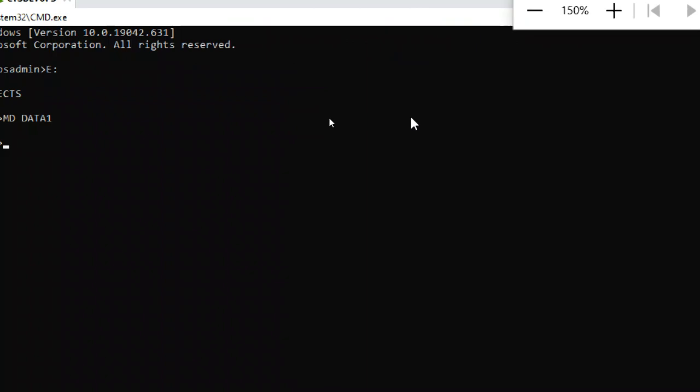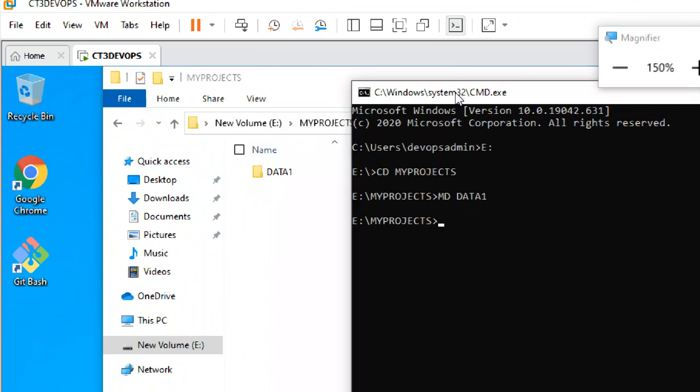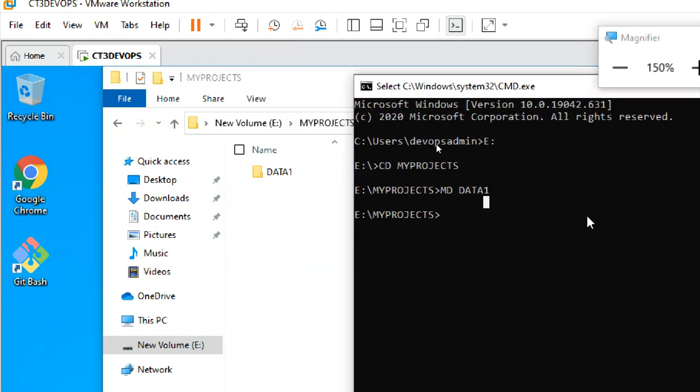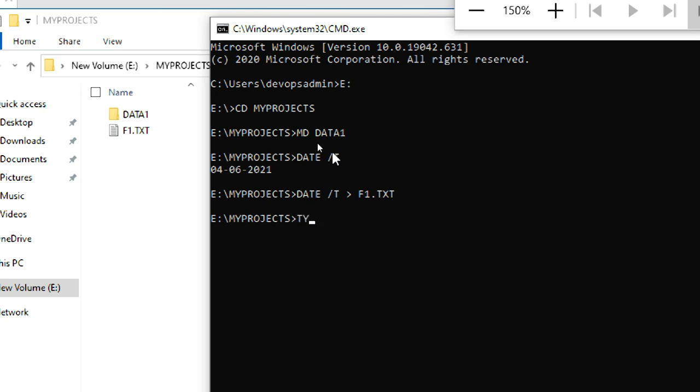You can see, look at the background also, what is going on. Next, simple commands like date /t means the date is displayed. Now I put date /t greater than f1.txt file. See, the file is created. Type f1.txt shows the file content.